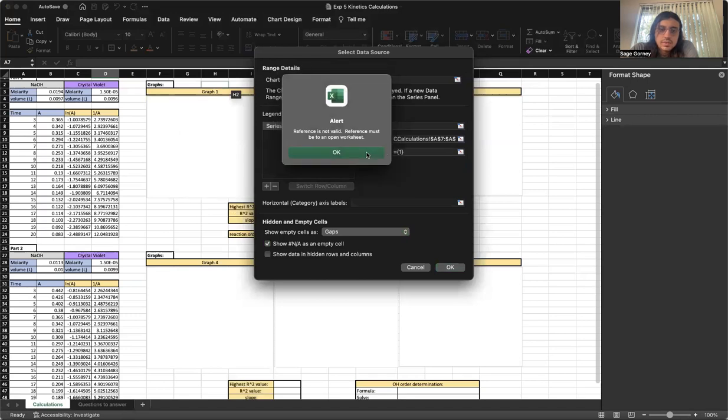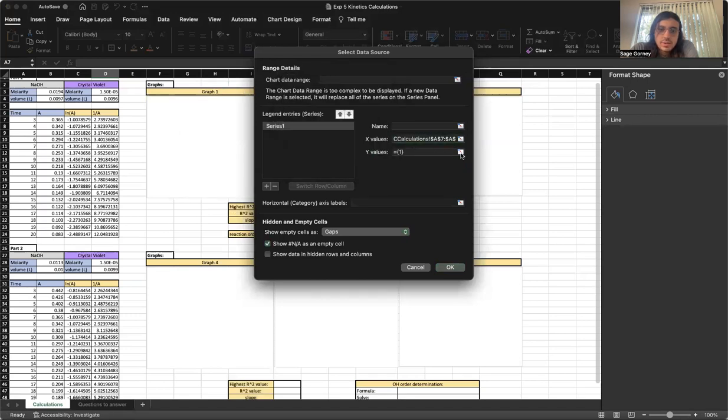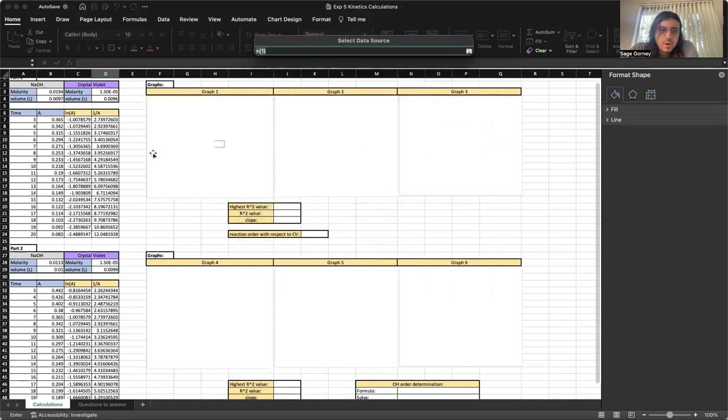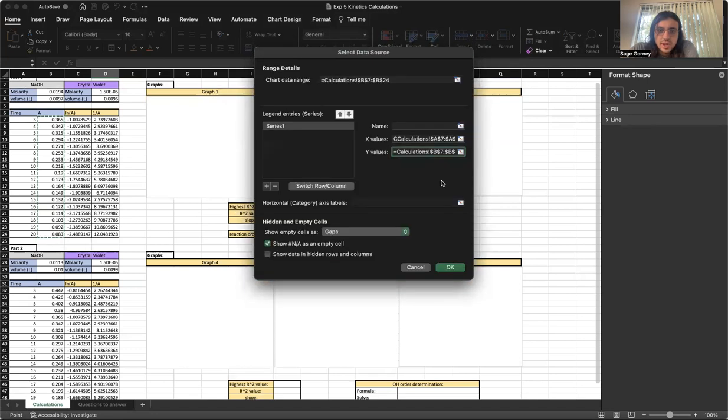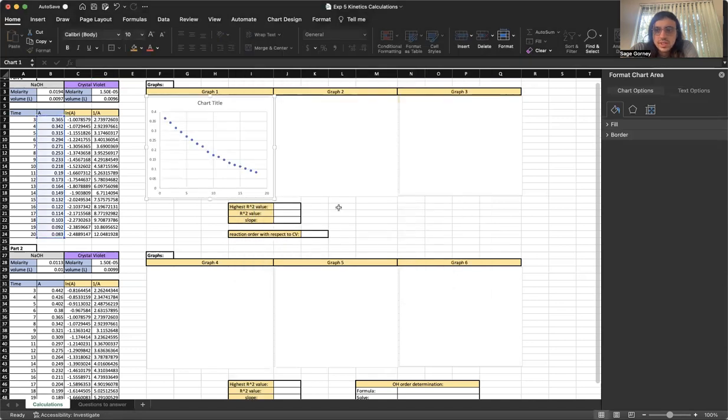Reference is not valid. Reference must be. I think I had this error before, and I don't remember why. We'll see. I'll cut this out if it's some weird error that I'm getting. Hold on. We'll try this though. That's fine. Okay. So